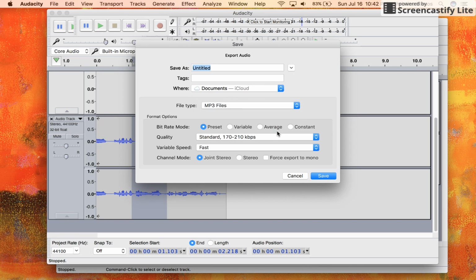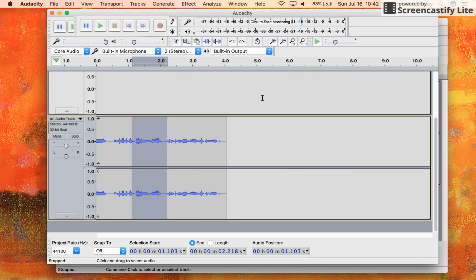I tried to save it as an MP3, and I was asked to download even more external files. So it was quite an ordeal to try to just get this tool started and to be used. But once I started reading the manual and becoming more comfortable with what all of these lovely features are, it seemed not as intimidating. But I would say right out of when first opening it up, I think a teacher or a student might be intimidated, and there might be a learning curve on how to use the program.